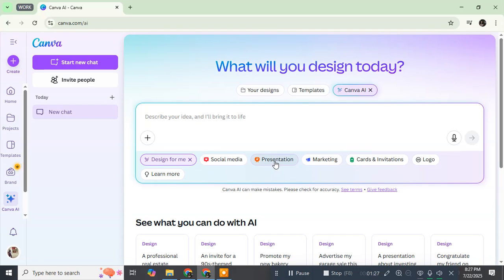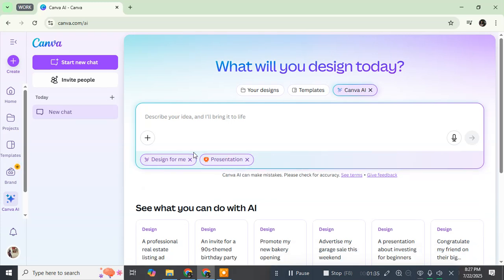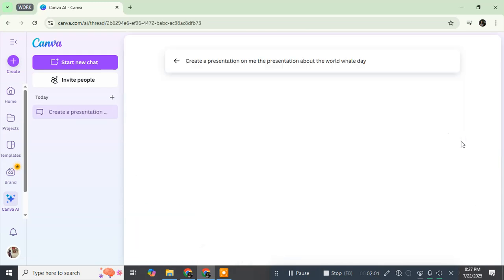And if you would like to move to another feature, you can also let Canva AI create the presentation for you. You can type the prompt here. Let's say, create me a presentation about World Whale Day. Then I will enter this,